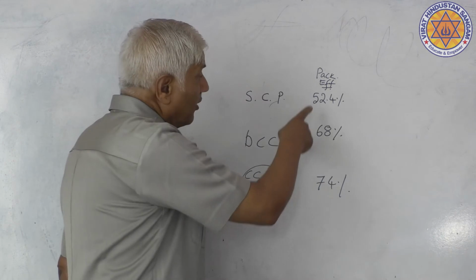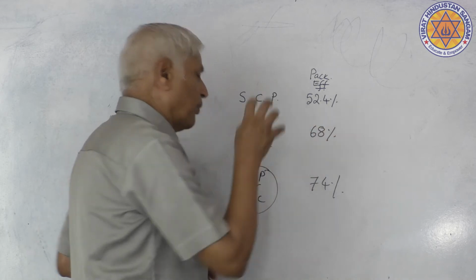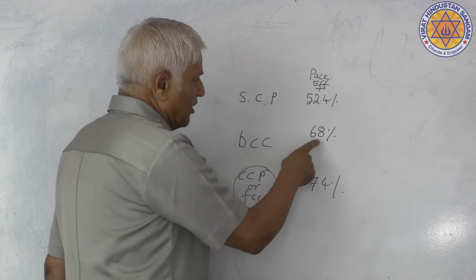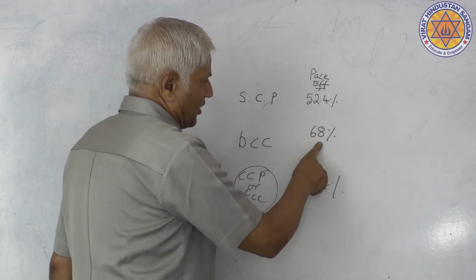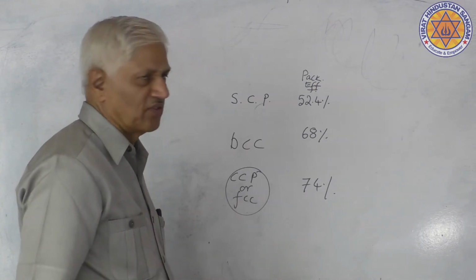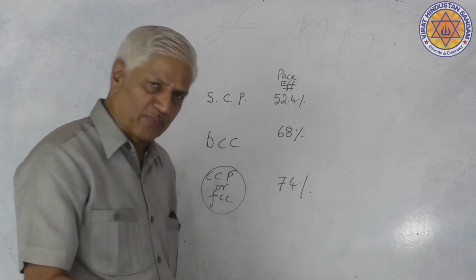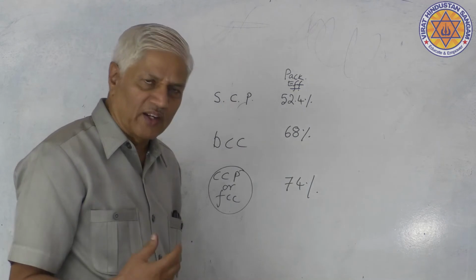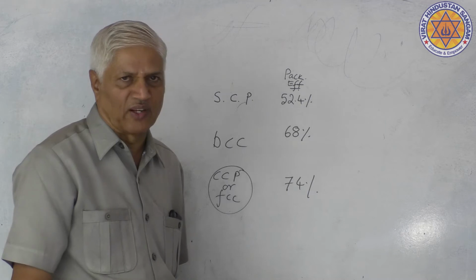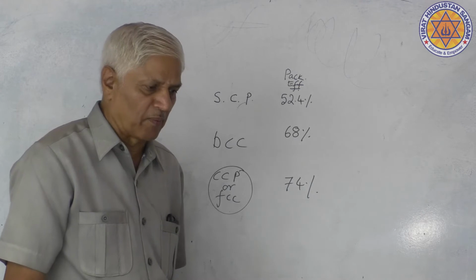Look, we have not asked packing efficiency in the question. Packing efficiency is how much space is occupied; we have asked you to find the free space. In BCC, free space is 32, 100 minus 68. In CCP, 100 minus 74, 26. So in CCP it is 26%, still empty space is there in the unit cell, and in BCC it is 32%. Obviously the answer is 26% and 32%. Yes, option B.